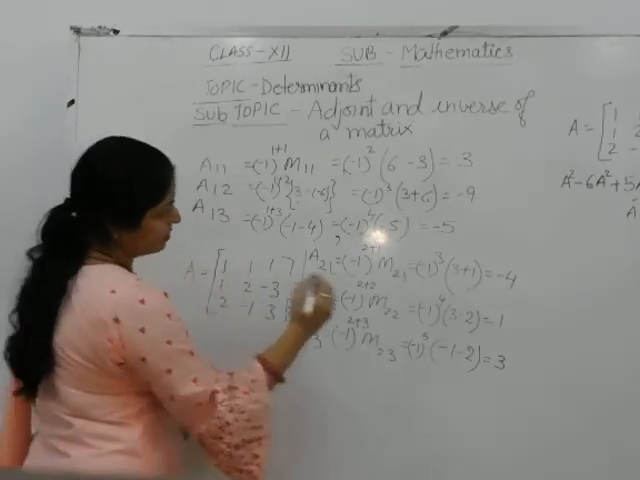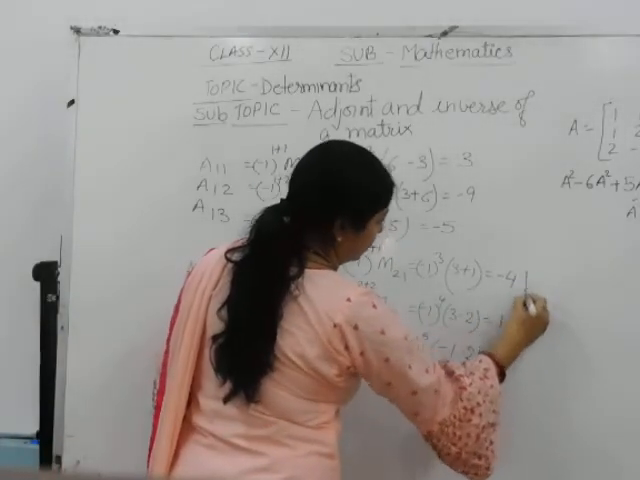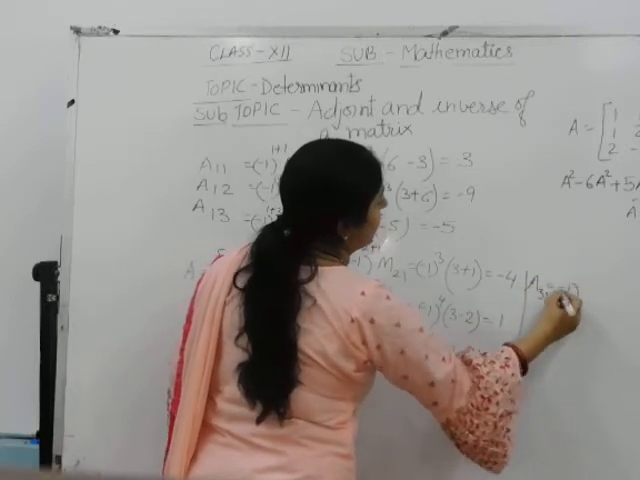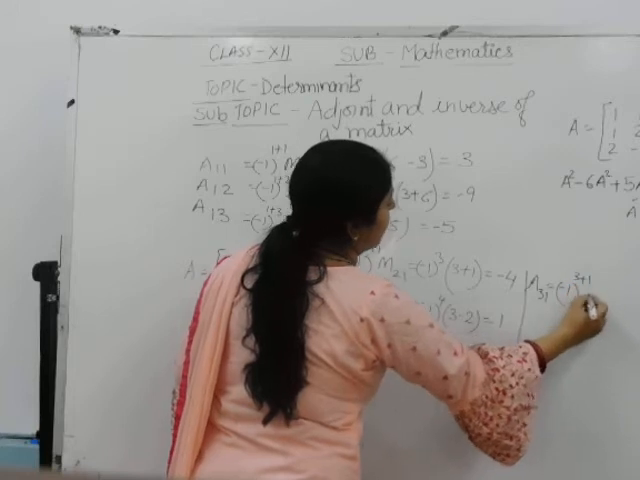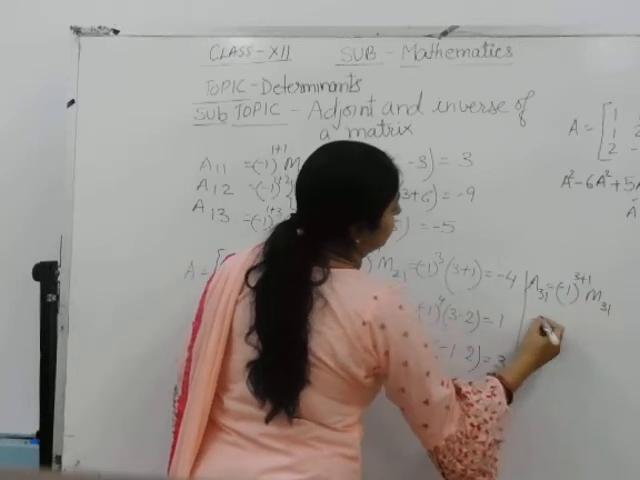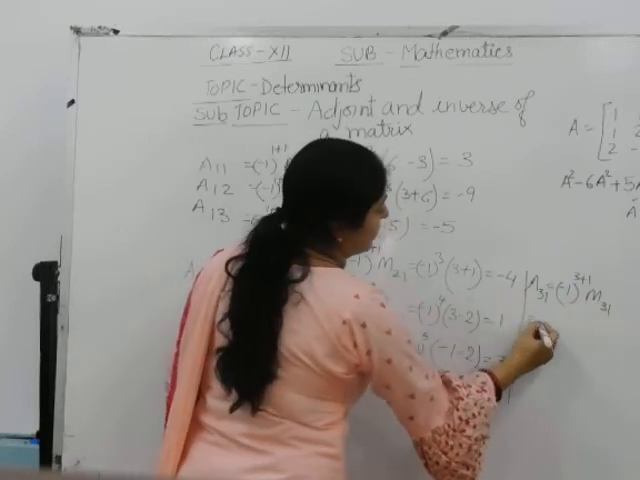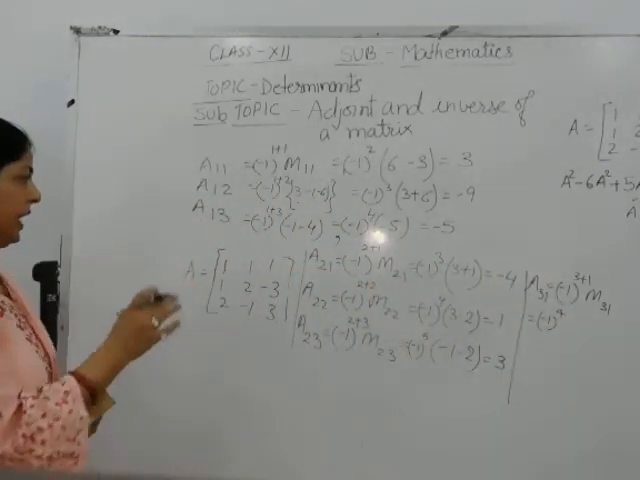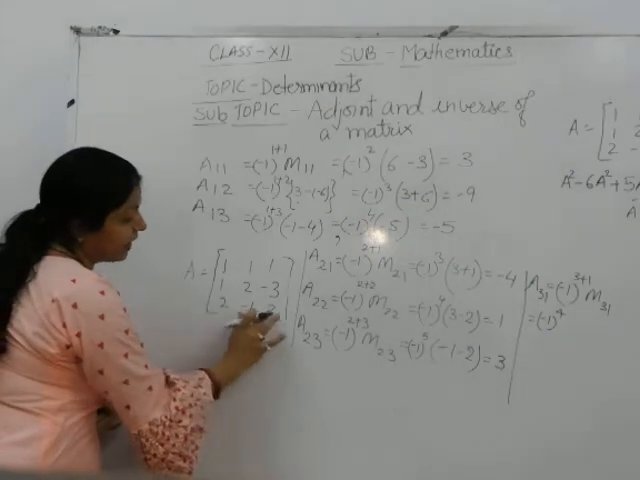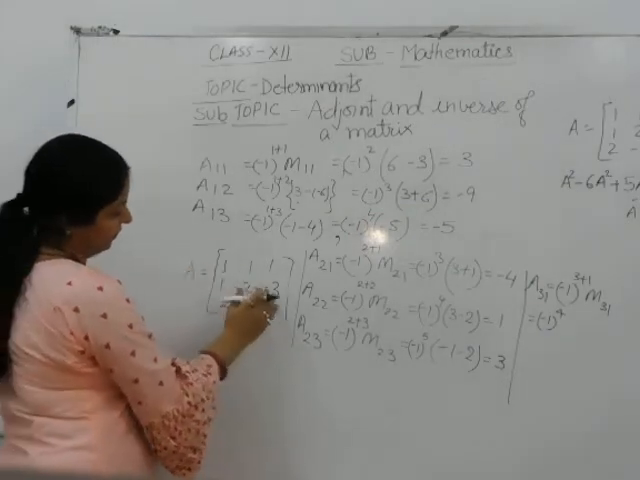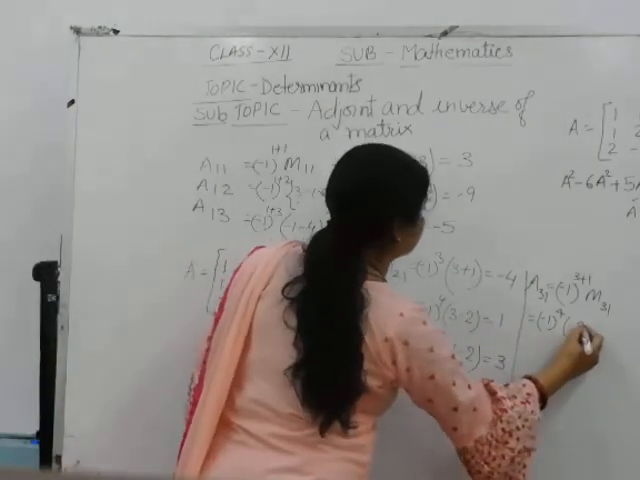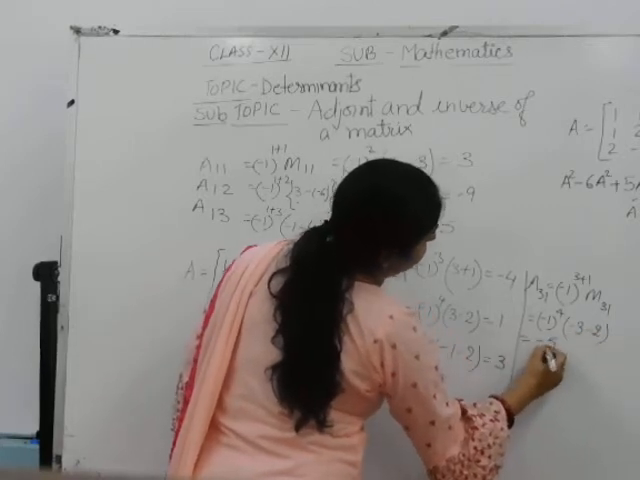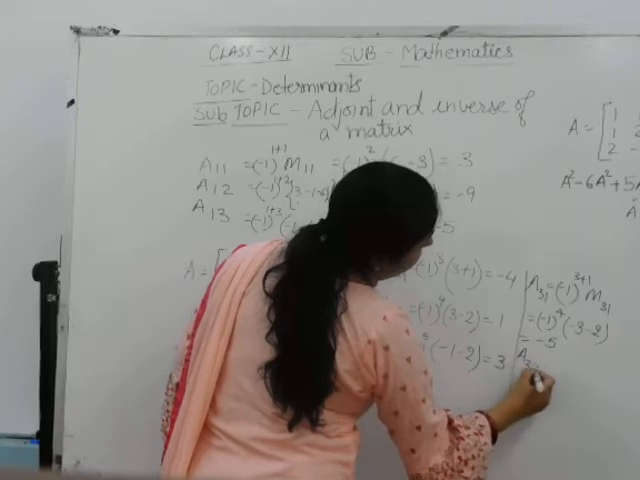And next one is A31. A31 means minus 1 to the power 3 plus 1 and M31. This is minus 1 to the power 4, M31. Now, by deleting third row and first column, we are getting minus 3 and minus 2, which is minus 5. And A32 is